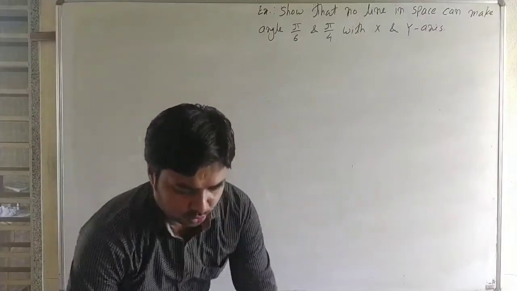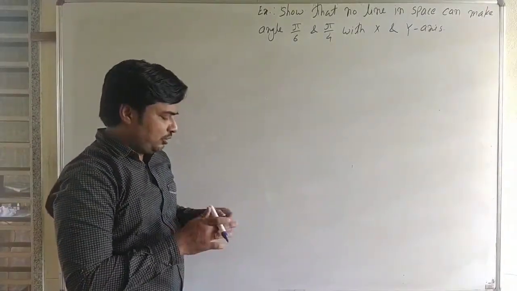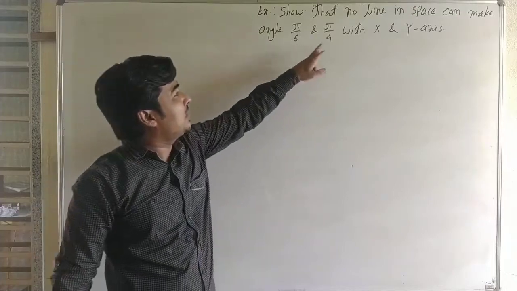Here we have to show there is no line in the space which makes the angle pi by 6 and pi by 4 with